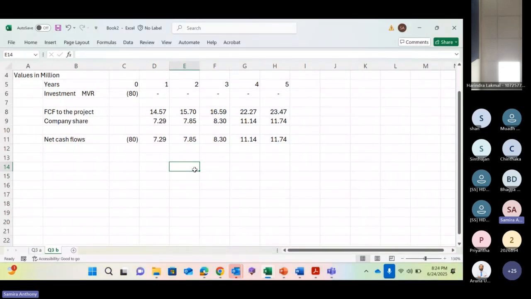This is a project appraisal. A project appraisal and business valuation are two totally different things, right? In a project appraisal, what is the outlay at the beginning of the project or throughout the project, and what is the inflow throughout the project, and we will discount and see whether the NPV is plus or minus. Got it?